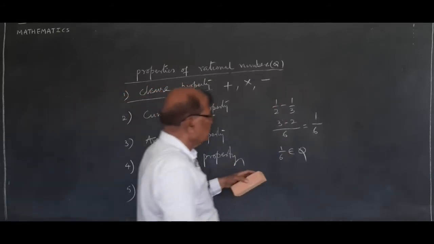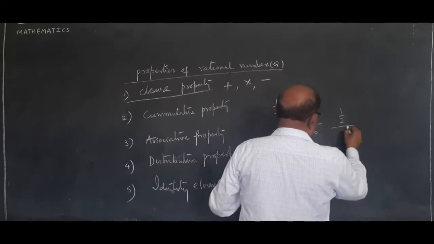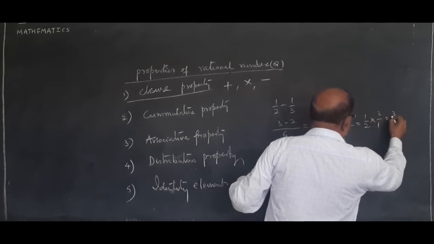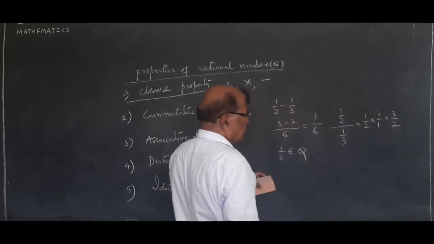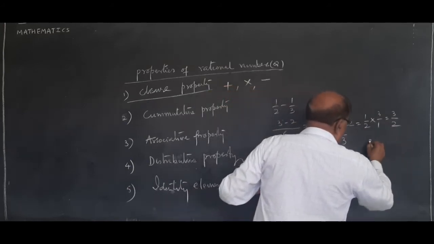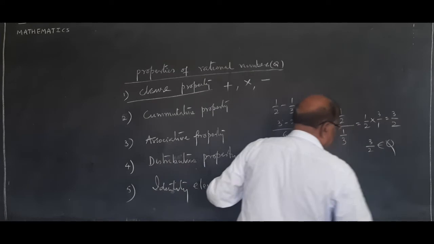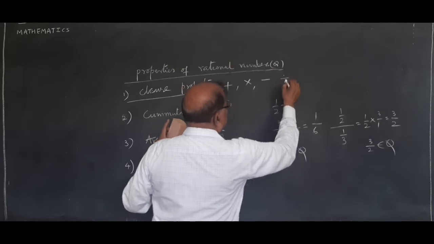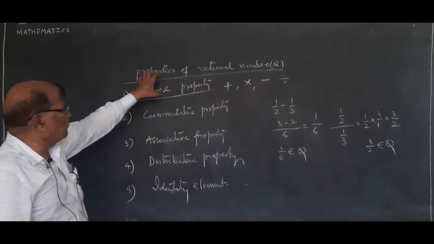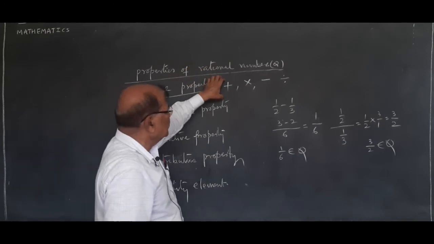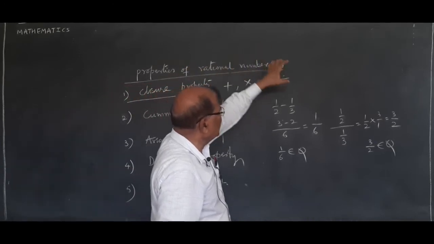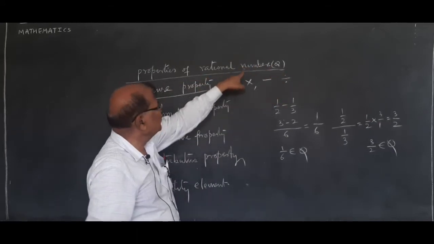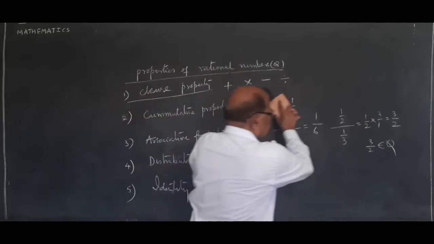Let us see in division. 1 by 2 divided by 1 by 3. This is 1 by 2 into 3 by 1. It is 3 by 2. So 3 by 2 also belongs to Q. So we can conclude very clearly that the closure property holds good in addition, subtraction, multiplication and division in the set of rational numbers. So let us go to another property,